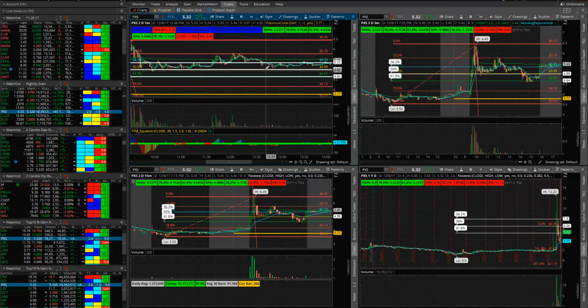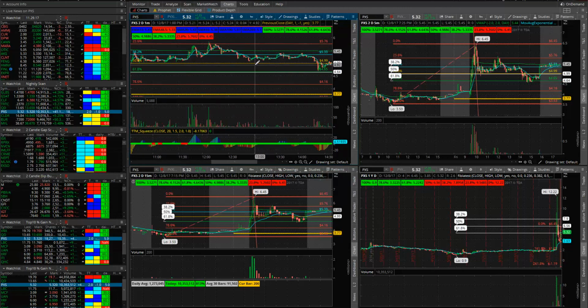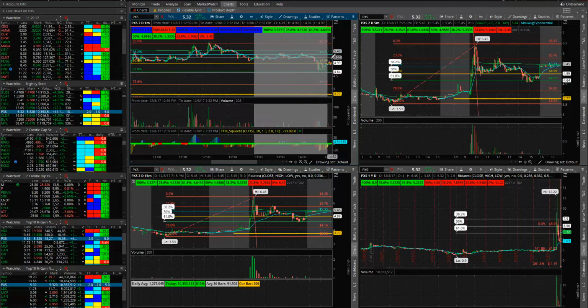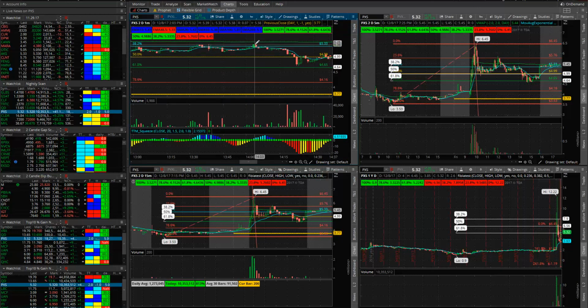And then look what happened. It retraces back. And then what I would have done, if I'm watching this and I'm seeing that it's getting rejected by the 38, you see this double top right here? If I had the ability to, I would short it, risking the 533. And look at this, you could have shorted this thing. What did it do? It retraced back